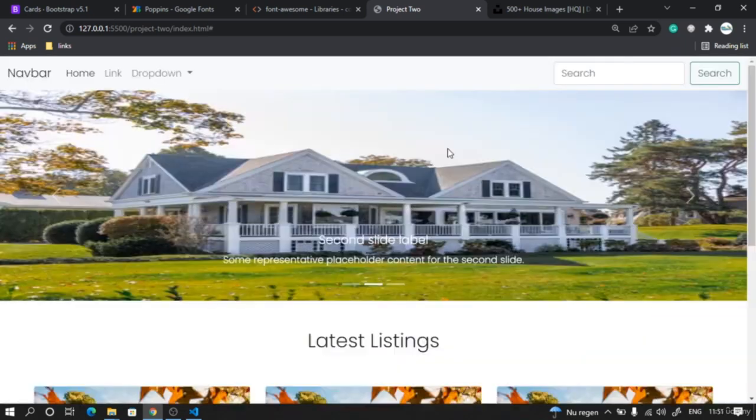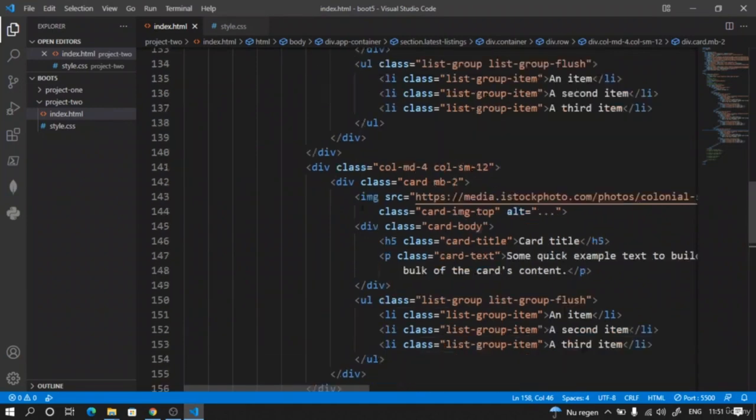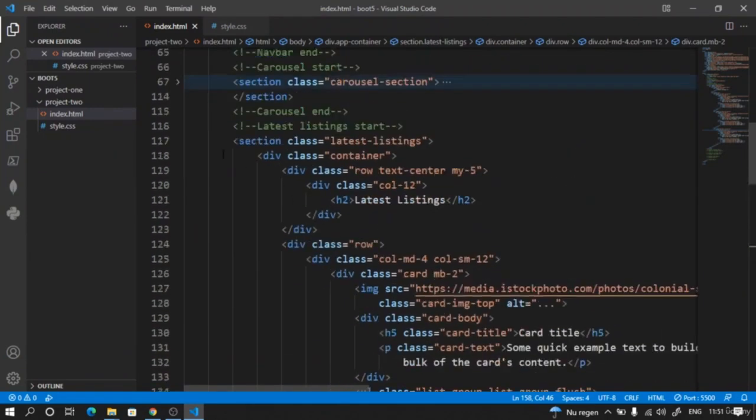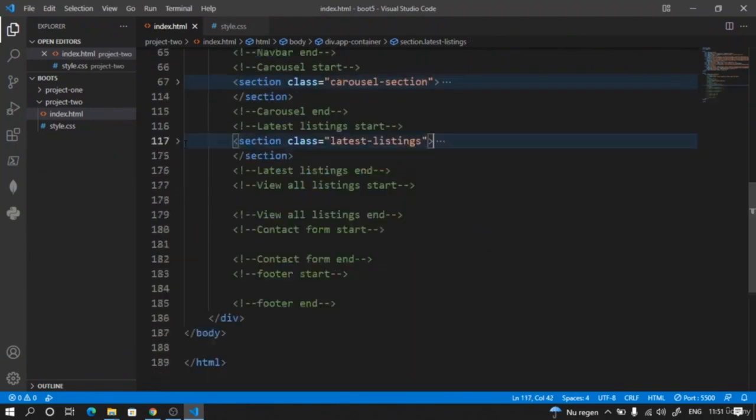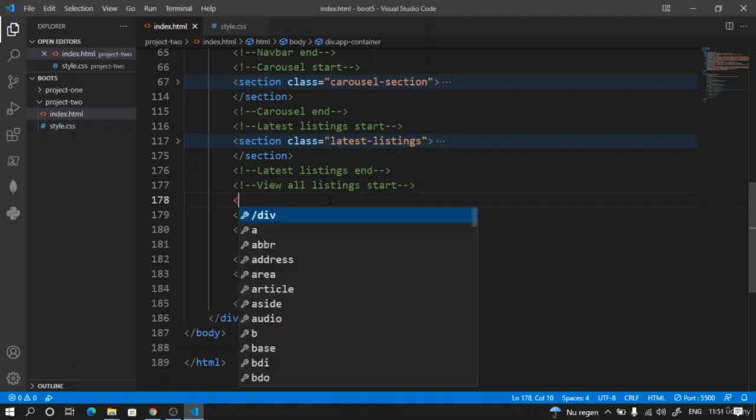Thank you. Welcome. Let's go ahead and create our call to action section. So in here now I'm going to minimize this latest listing section, and here we have the view all listings or call to action section. So we can also call this call to action or something. For now, we will just keep it as view all, and I will say section,